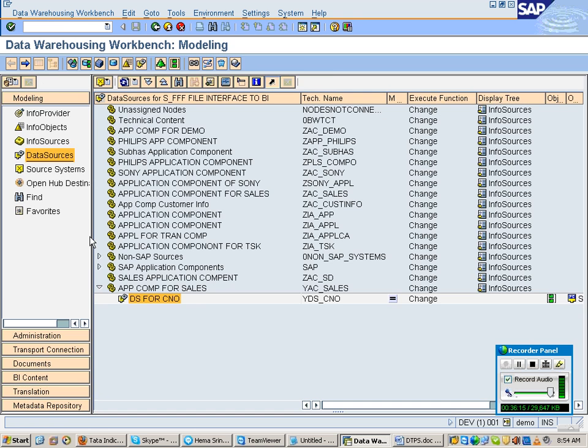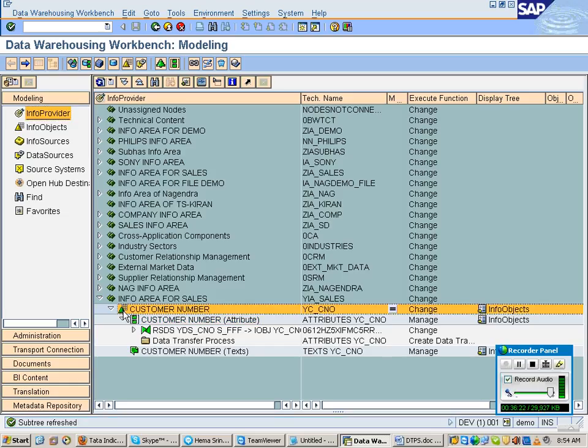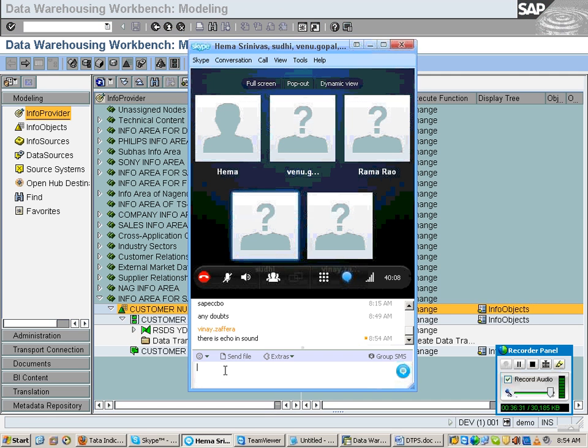Right. So now I have created a transformation. We are just going back. Just observe your target. This is your target now. You can right click on this target and show the data flow. If you have echo, please go on mute.